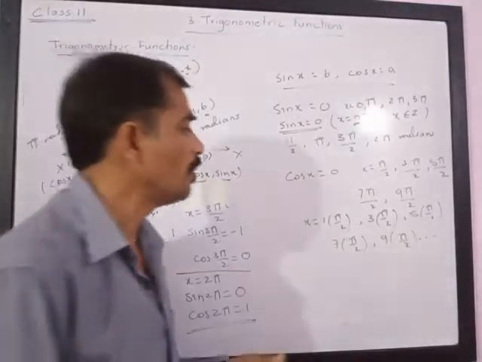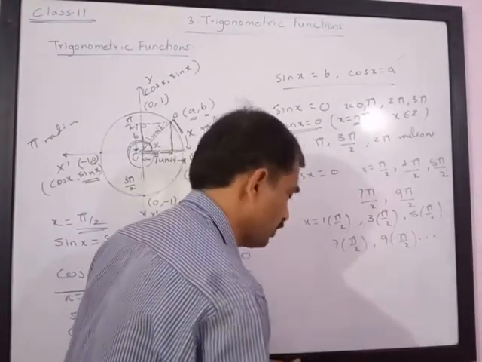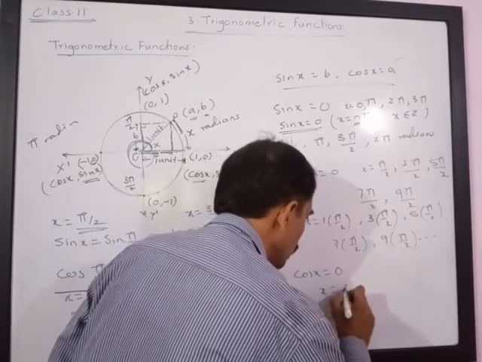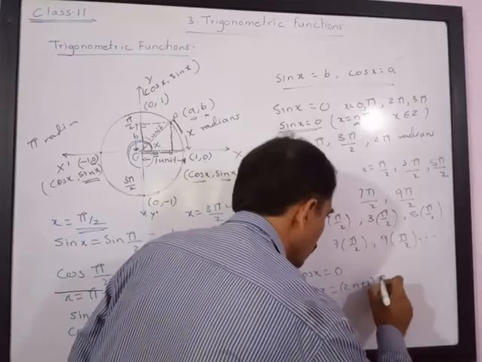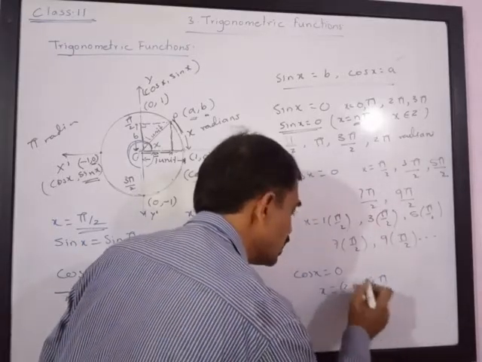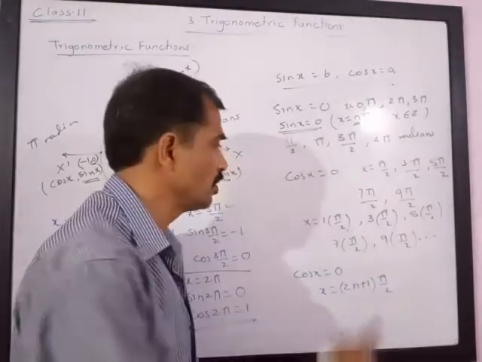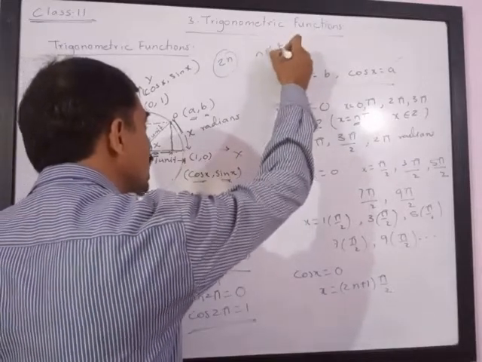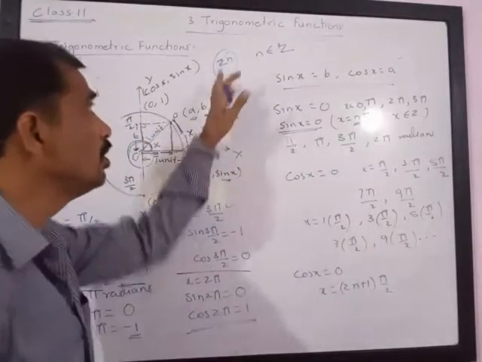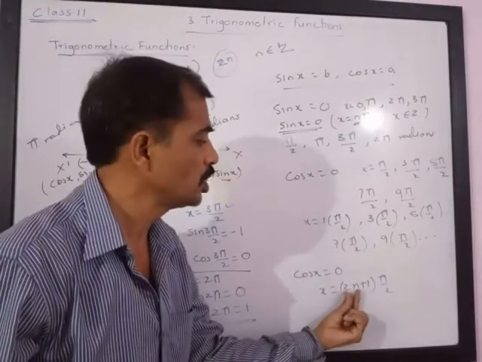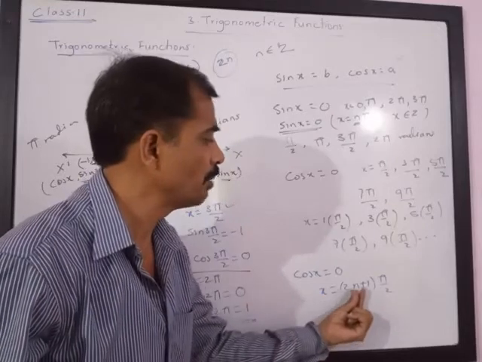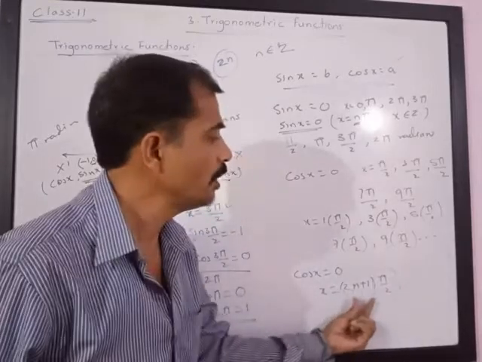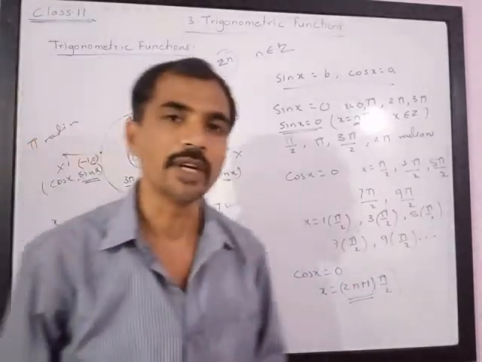Now we know odd numbers are represented by 2n plus 1. So cos x is equal to 0 when x is equal to (2n plus 1) times pi by 2. Please note, this 2n plus 1 represents odd numbers. You already know that 2n means even numbers, where n belongs to integers. When n is an integer, 2 multiplied by n will give us all even numbers, and if you want odd numbers, it is 2n plus 1. So x is equal to (2n plus 1) multiplied by pi by 2, that is odd multiples of pi by 2. If the angles are odd multiples of pi by 2, then cos x value will always become 0.